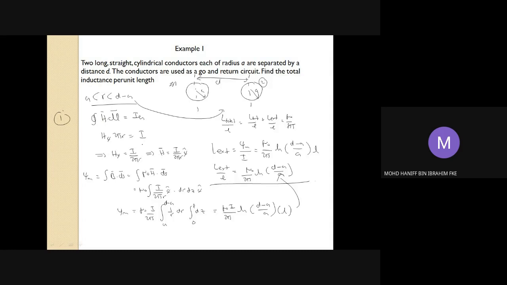from the previous answer, plus the present answer, which is mu naught over 2 pi ln of (D minus A) over A. So that should be the total inductance per unit length produced by a single conductor, right? A single conductor. So to find the total inductance, because a second conductor will be